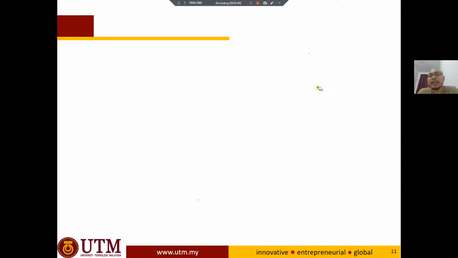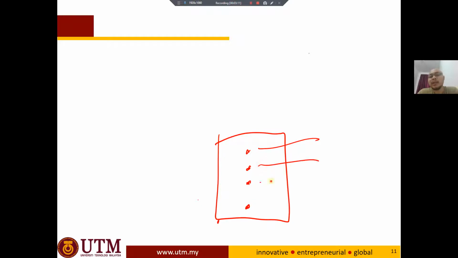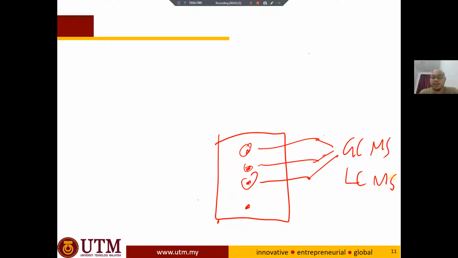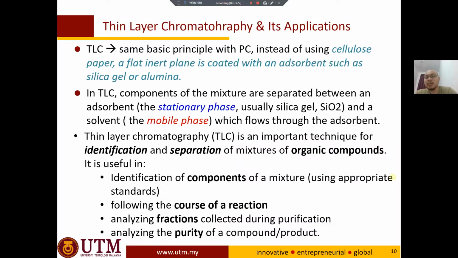For example, maybe you do the organic synthesis, you try to purify the compound, and then you want to identify how many compounds in durian, for example, at the TLC, okay, and then you run the spot. Maybe after running the TLC, you can observe, okay, actually, oh, we have 3 compounds in the durian. So what is actually the compound for this thing? Then you can submit for further analysis using GCMS or LCMS. Okay, so that is how the third application of the